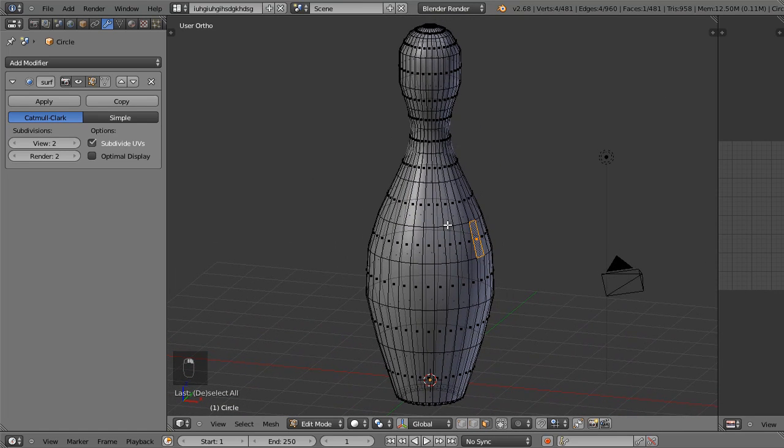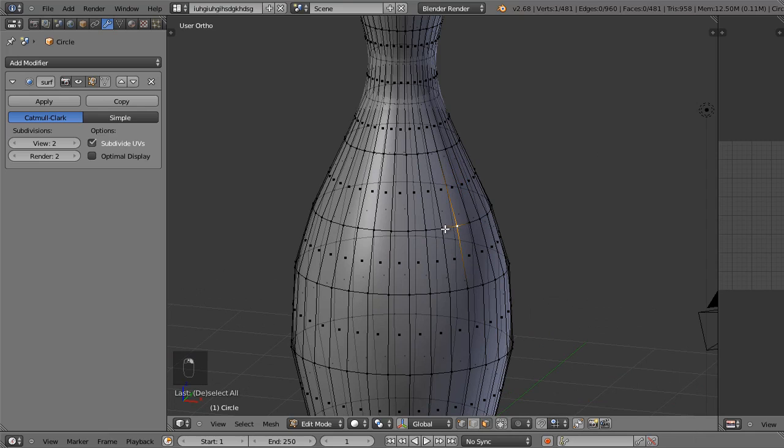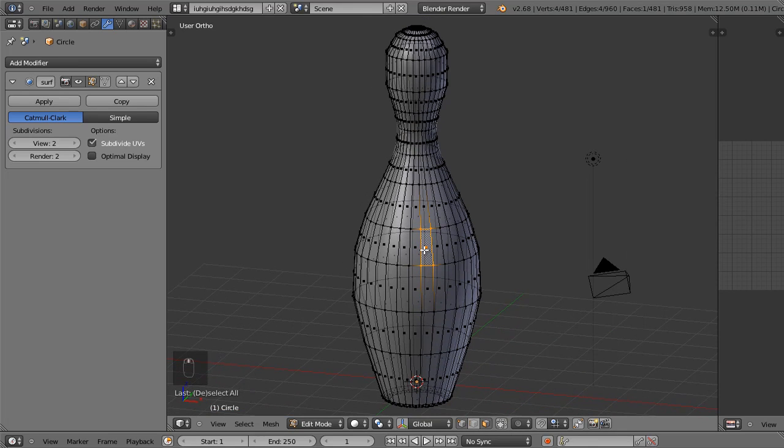So those are the three different ways of selecting parts of a mesh. You can even hold the shift key, and let's enable vertex select and hold shift and enable face select. Now we can either select a vertex or a whole face. Each one of these selection modes has their uses, and we'll discover how useful they can be in future projects on this DVD. But for now, I'm going to leave the default, which is vertex select. I'm going to leave that enabled,